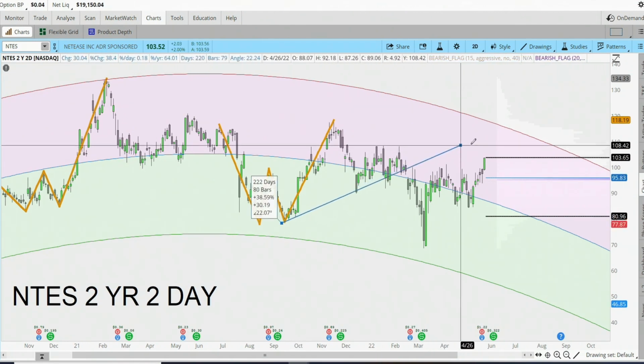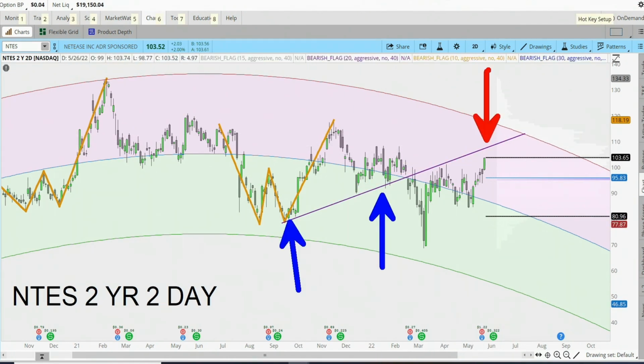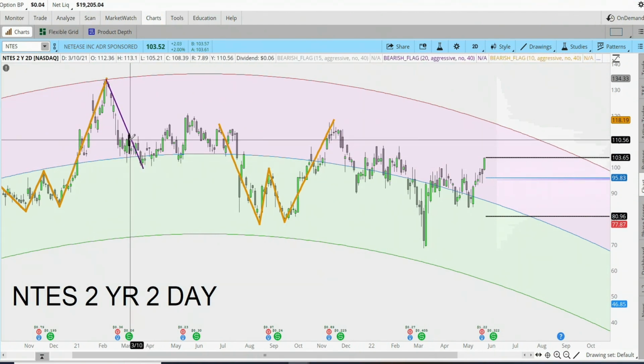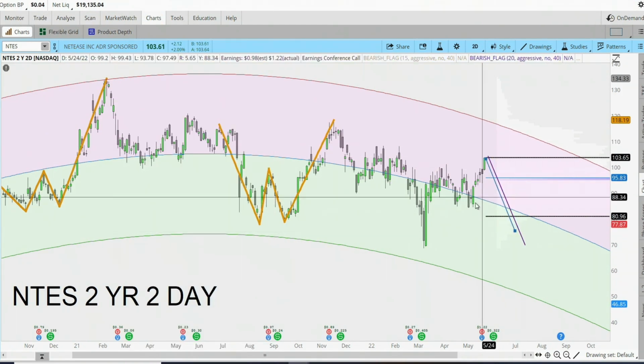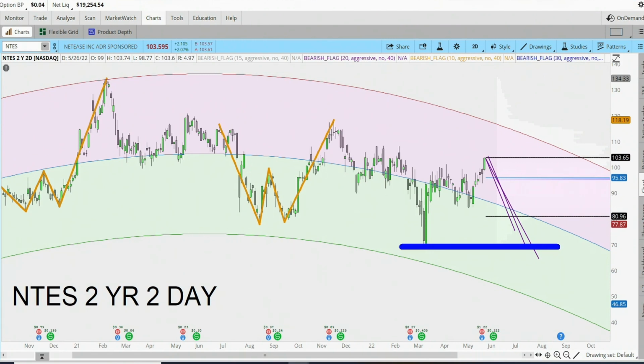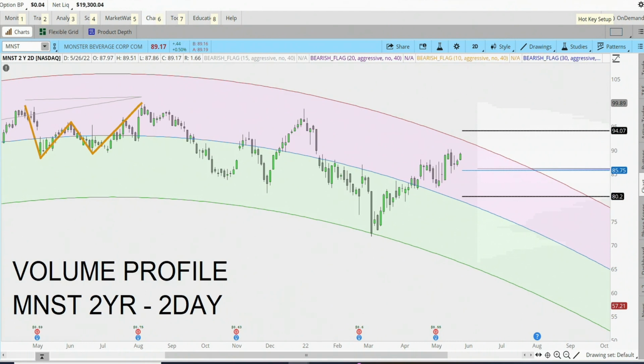Another way you can look at it as diagonally, old support becomes new resistance. Take from previous highs down to lows, move them over in anticipation. You'll get the same result, showing price will come all the way down to the 70 level, but taking all the way till August. Looking at the volume profile on Monster,